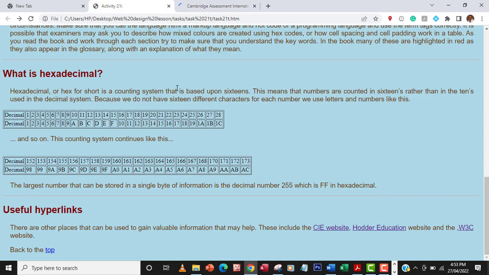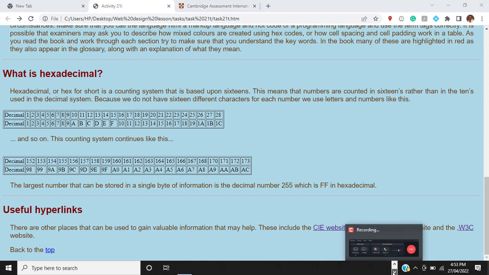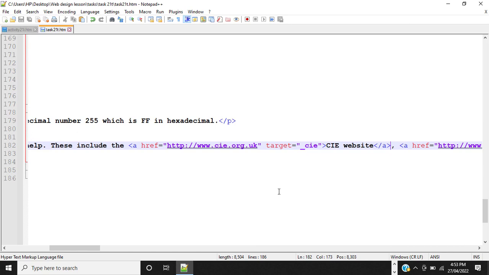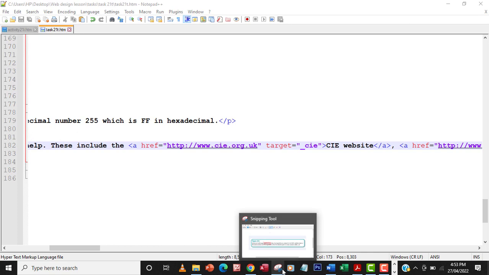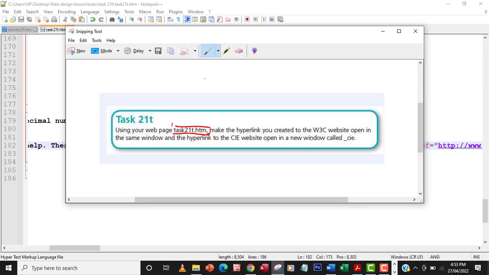Now, in a situation where you don't use a target attribute, as you can see, it opened in the same window, as I tried earlier. But some web browsers can open in different windows if you don't set the target. So it depends. But when you set the target, it strictly takes it to either the same place or a different place. So for the next question, we're going to set the